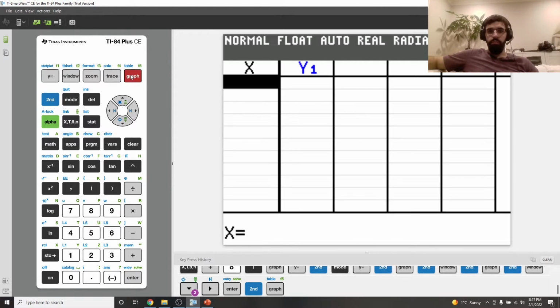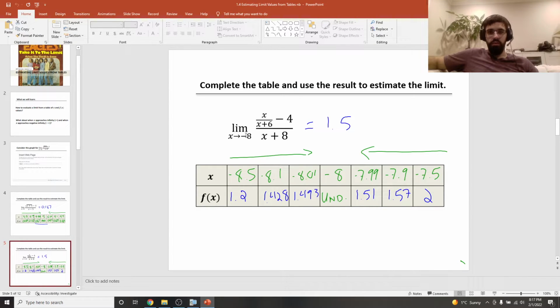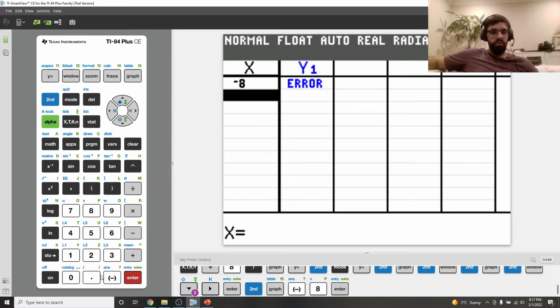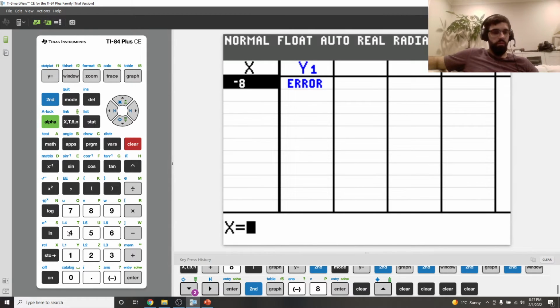Now when I go to my table, I notice I have a blank table, and from here I can start filling in values. Now I can input any value I want and it'll give me the output. Of course, from our original function, if I type in -8, I'm going to get an error because it's undefined at -8. But now I can type in all these values as x approaches -8 from the left, and any value I want really. So let's clear that out, go up and clear the -8. I don't want that anymore. We're going to type in